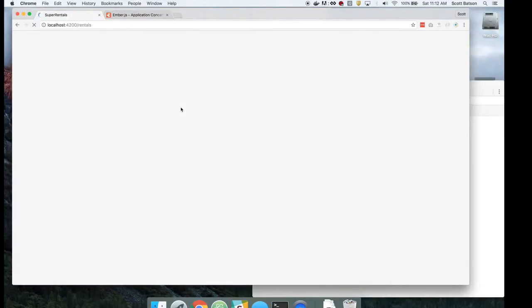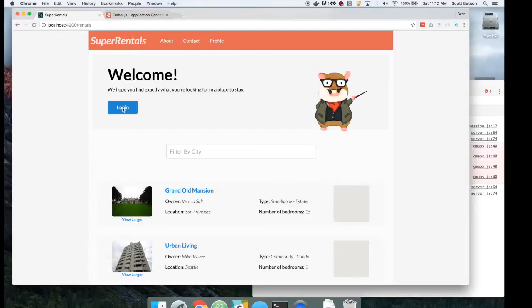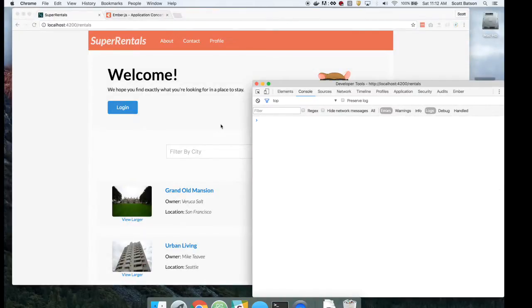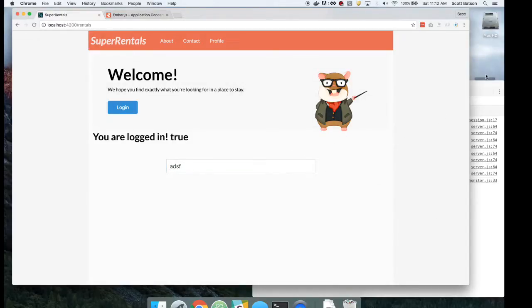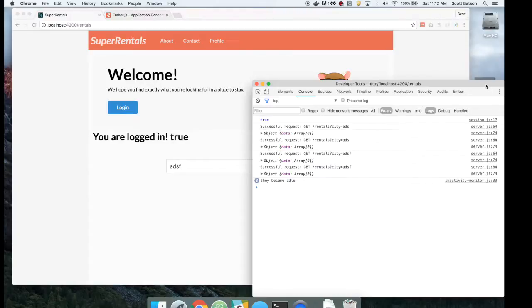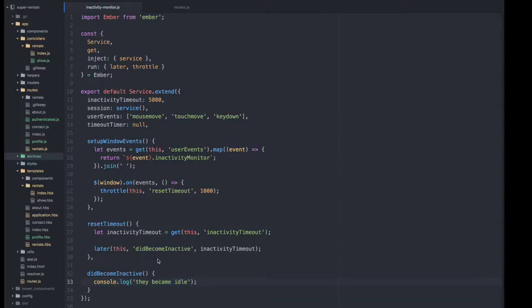So let's test that one more time. So let's clear this. Let's log in. I'm moving my mouse around a lot. I'm waiting. Maybe I'm typing some stuff. But then it still called that action, right? So we set it to run later, but we actually didn't tell it to cancel this. So the first time reset timeout was called,